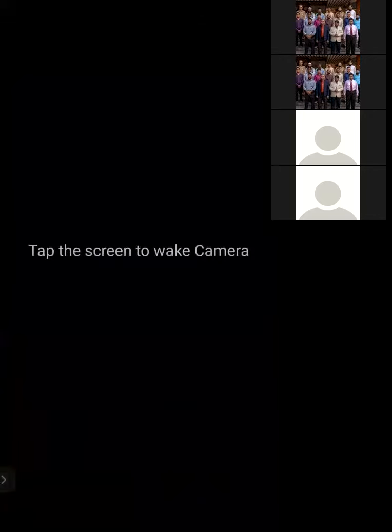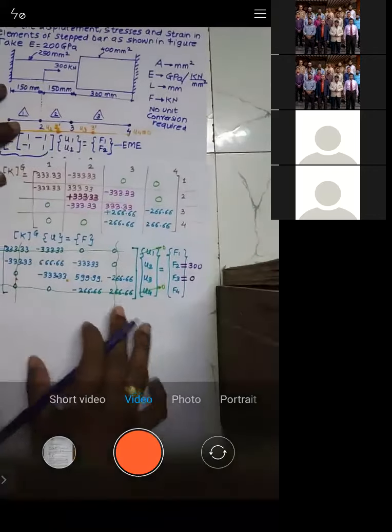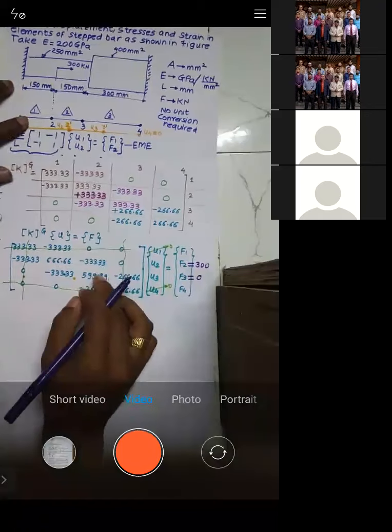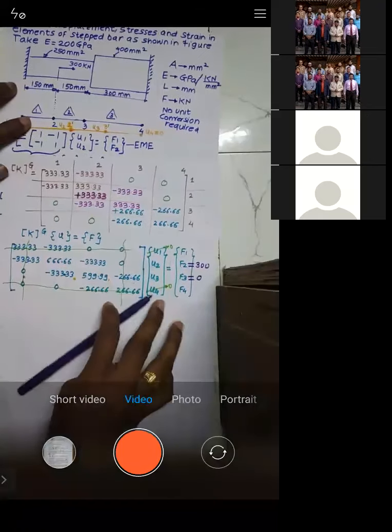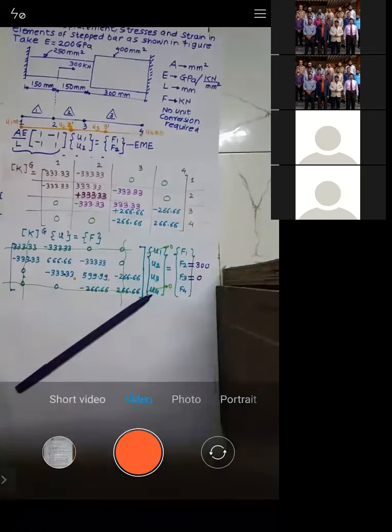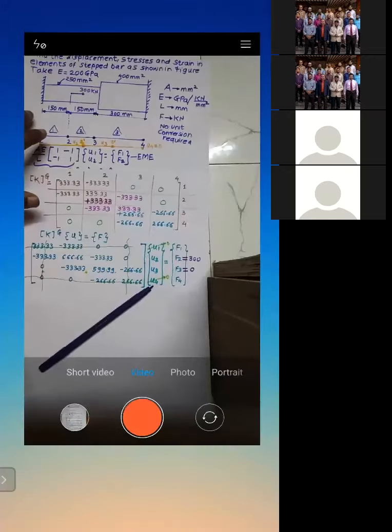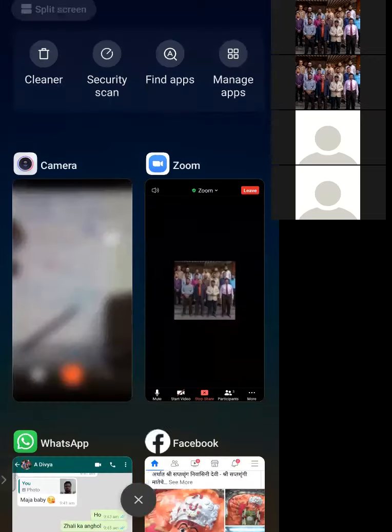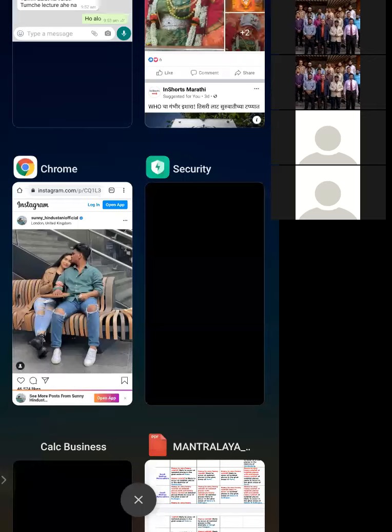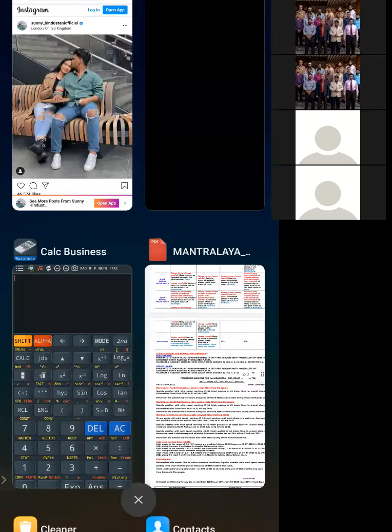So now see, our idea is to solve this equation. We have two equations with two unknowns. Try to understand. Then how are we going to solve this? Obviously we need to solve this in a calculator.